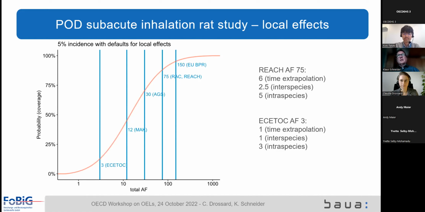So for EasyTalk, for example, the proposed combined factor in such a case would be 3, and this is much lower than, for example, the combined factor of 75 under REACH or the 150 used for biocides. And not surprisingly, this means that actually OELs might